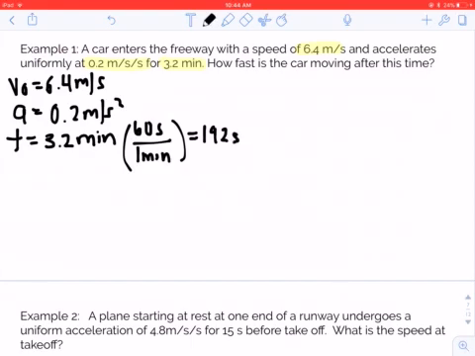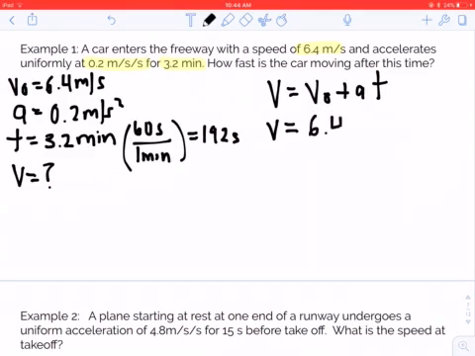Okay, so I'm looking for my final velocity. I know my initial, my acceleration rate, and my time. I'm not given delta x and I don't need it, so I'm going to use the first equation. V equals V naught plus a times t. I'm solving for velocity, so I'm going to leave that as a variable and plug in what I know. Initial velocity is 6.4 meters per second